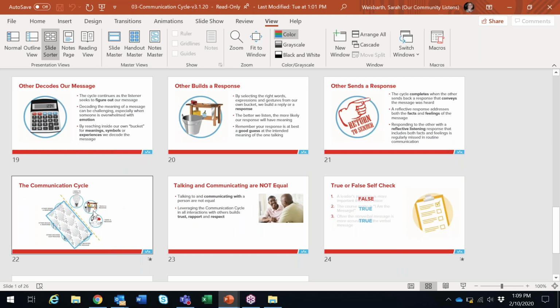We take a moment and pause and say, well, this sounds all really good and this makes sense, but sometimes things get in the way, that we have these barriers and these filters to communication. This is a fun slide to maybe have some discussion around. You've been teaching quite a bit, and so to stop and have some discussion about some barriers to communication. Then from that conversation, you can lead into this realization that talking and communicating are not the same.